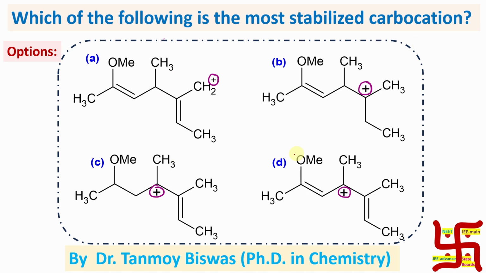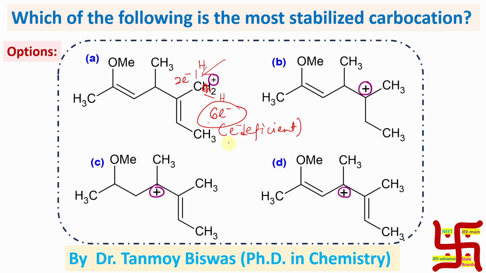Which of the carbocations is most stabilized? If you look at carbocation, all carbocations are 6 electron species. Why? Because if you look at here, there are 2 hydrogens bonded with sigma bonds, and there are 3 sigma bonds, and each sigma bond carries 2 electrons. So in total, the outermost shell of this carbon, this carbon I'm talking about, is carrying 6 electrons. So you can say, sir, carbocation is actually electron deficient, and it is an incomplete octet